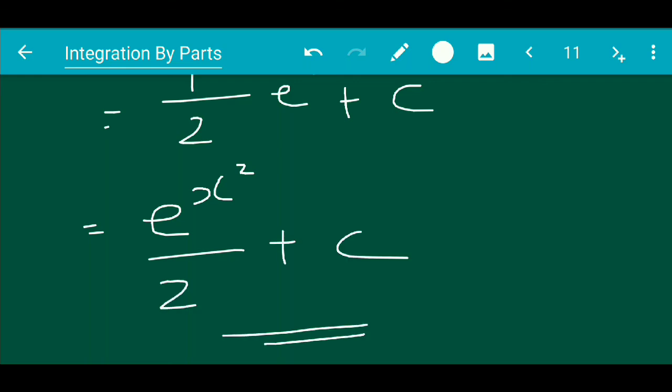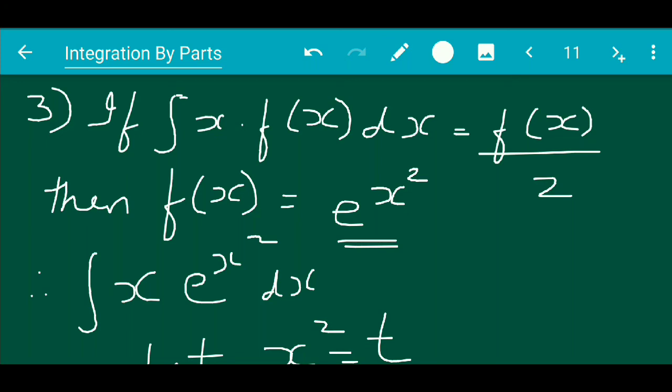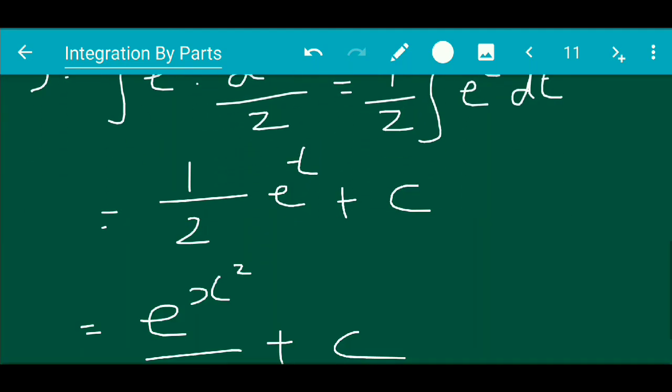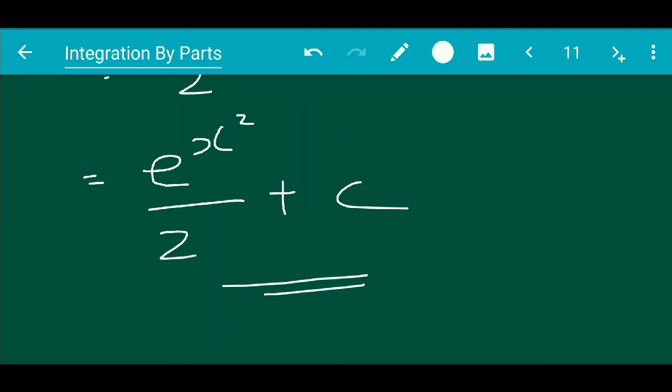Now if we check the question once again, if f(x) is e raised to x square, then in the answer we get f(x) upon 2 plus c. The answer is coming out as f(x) upon 2 plus c actually over here. And we did get the answer as e raised to x square upon 2 plus c, that is f(x) upon 2 plus c. That means whatever they have told us is true actually. So the given statement is true. You can pause the video, go once again to the question and confirm and check whether you have understood.